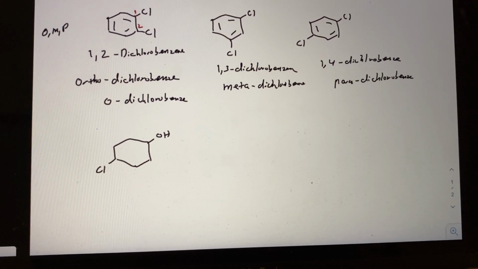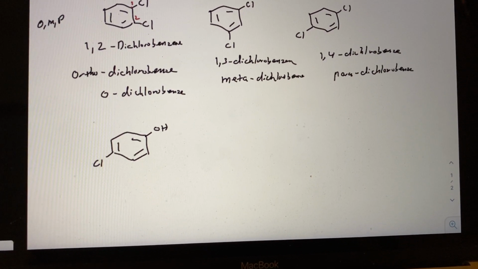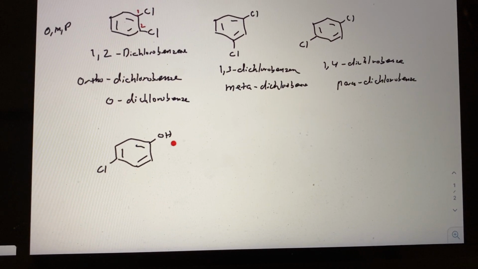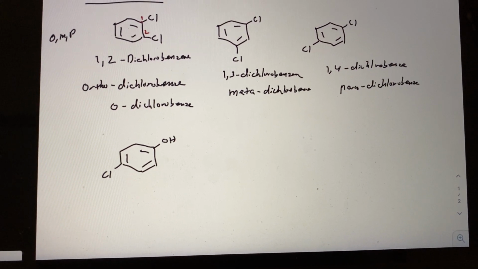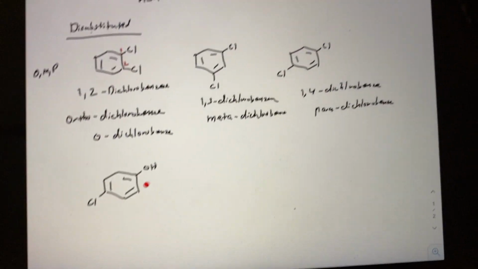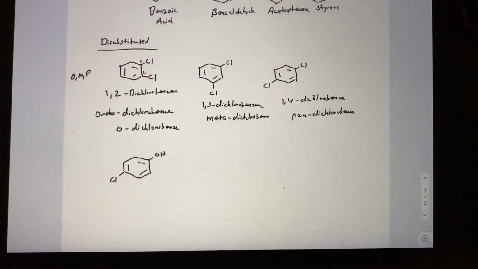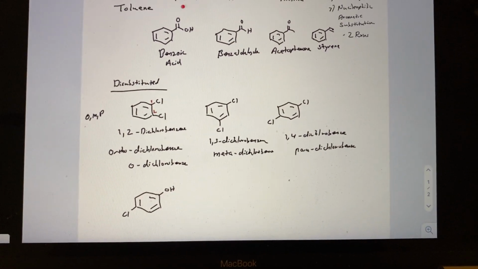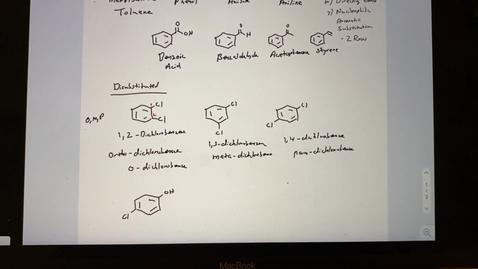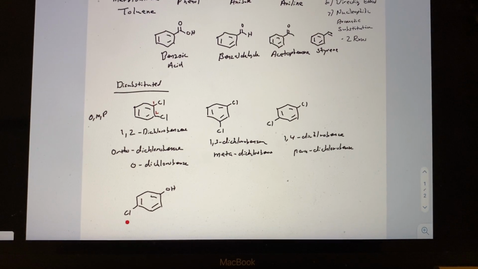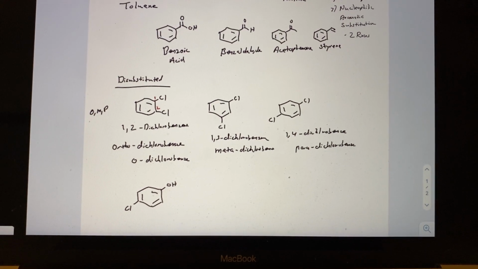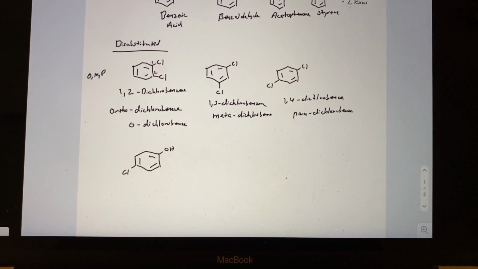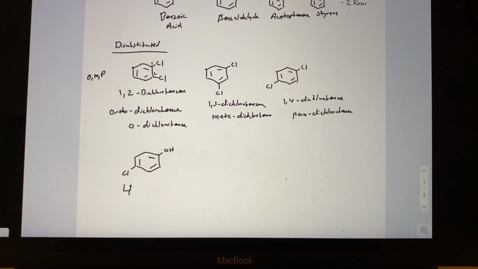So let's imagine we have a compound that looks like this, and I'll just again draw the three lines. This compound now is a hydroxybenzene, if we wanted to think of it that way, but better yet, this is a phenol. So I'll scroll up just a little bit. You can see in our common names, if we have a benzene with the hydroxyl group, that's phenol. So let's use phenol as the parent name, and then call the chloro group here a substituent onto the phenol. So there's two ways we could name this. One is we could call this 4-chlorophenol,